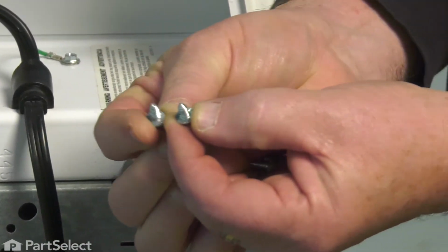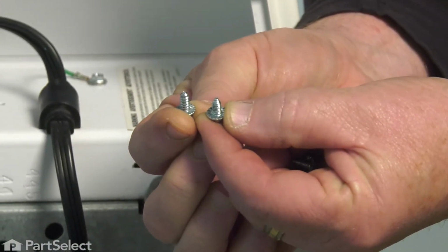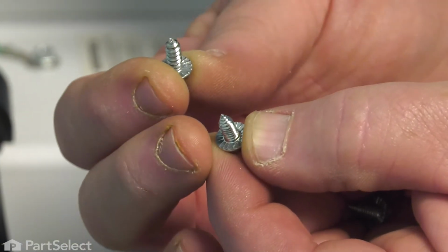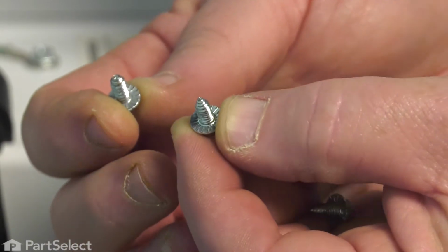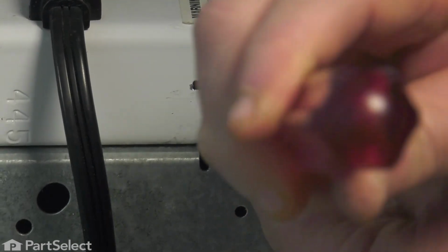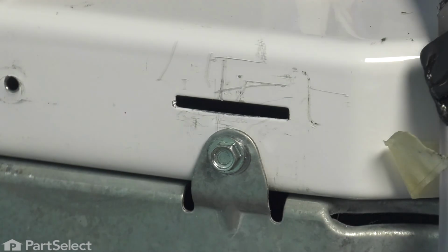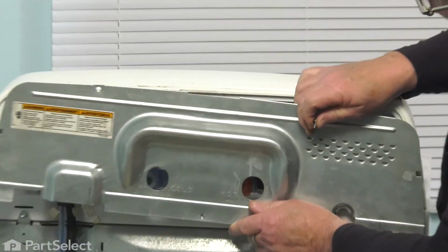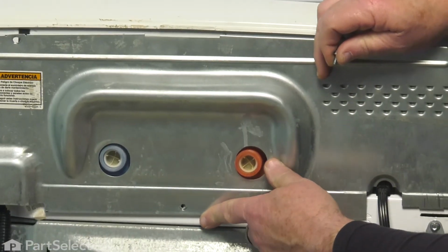If you can see those, you'll see there's a difference in the thread. The ones that held the top are the smaller ones with the fine thread. So those are the first two we're going to put back in because they hold our top into place. Take our nut driver. So now we just have to put our back panel on. So we bring our back panel up, slip it over our valves,